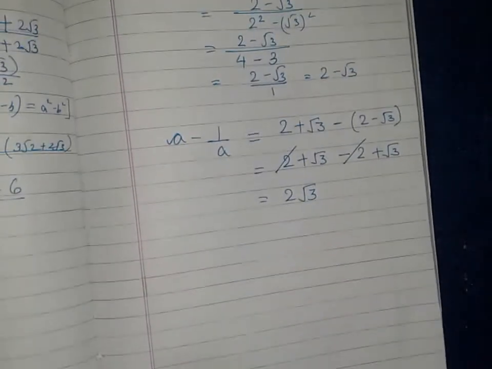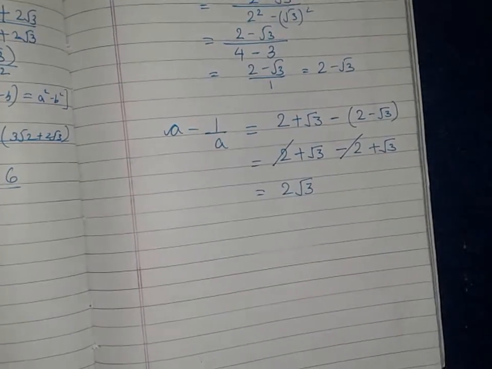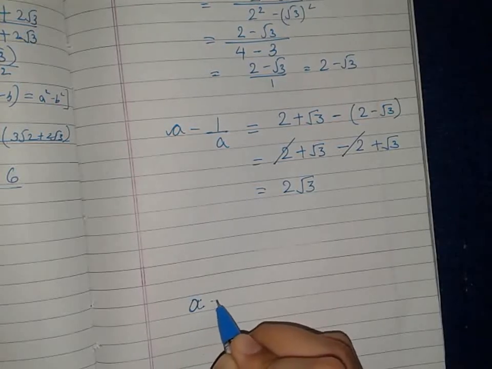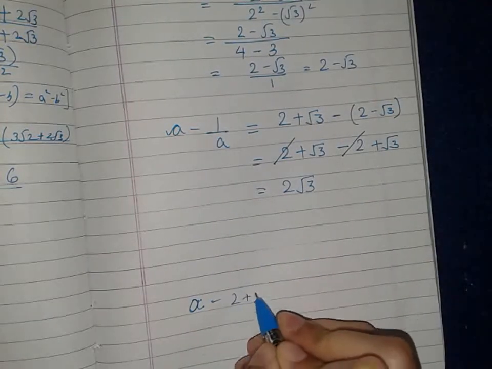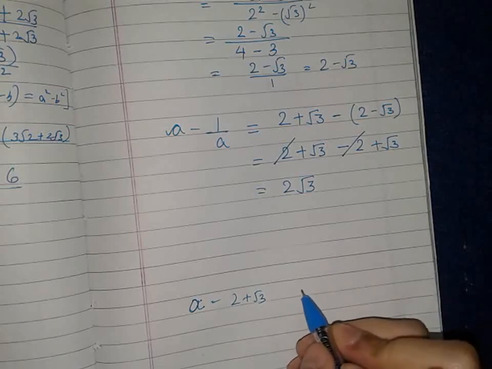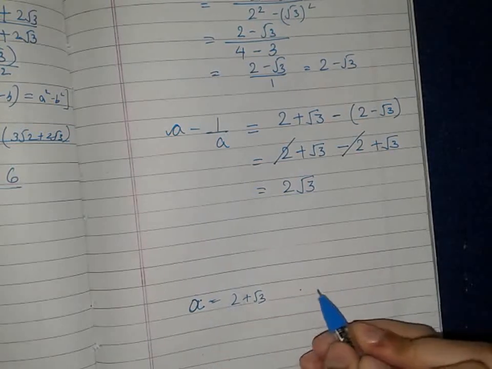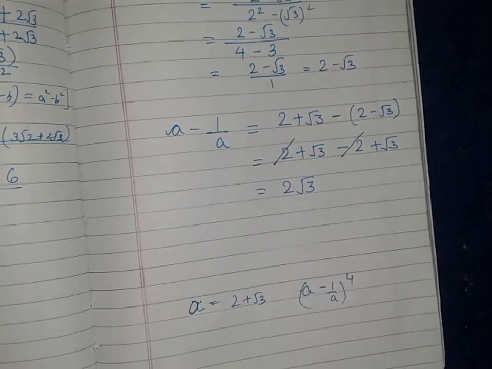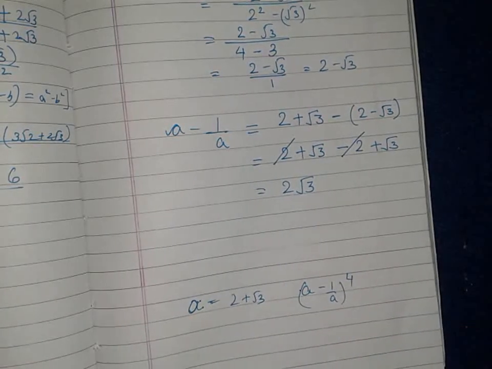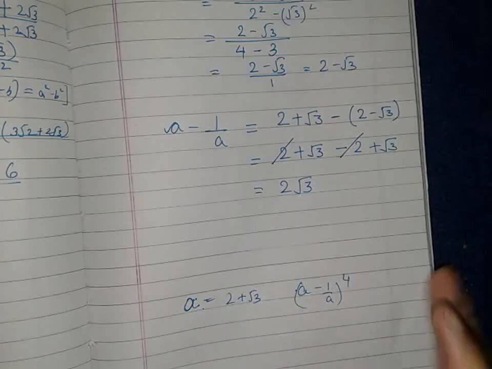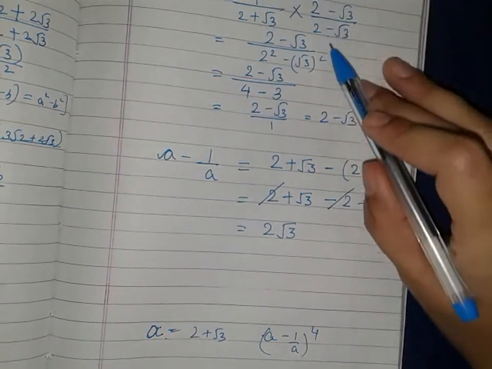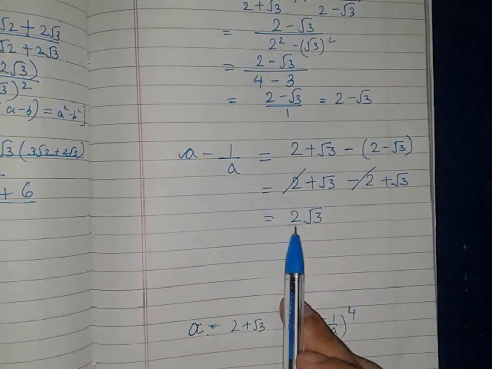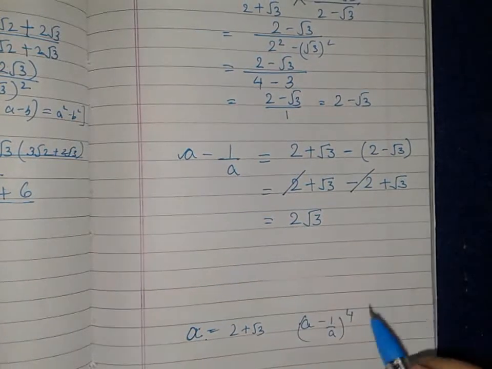Now, in the exercise, you will find some questions where x might be given or a might be given, like this only. 2 plus root 3 is given, suppose. And you are supposed to find a minus 1 upon a to the power 4. Then how will you do it? In the same way. You will find 1 upon a first, like I have done. You will find the value of a minus 1 upon a first,